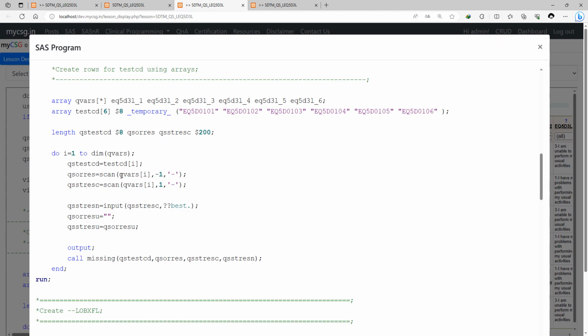Let's now see how this qvars of I gets evaluated when it is processing with the value of 1 in I. So qvars of 1. We have listed 6 variables here and we have named the array qvars. The value in I is 1. So qvars of 1 goes and fetches the variable which is listed first here. What is the variable here? It is EQ5D-3L1. So this entire qvars of 1 is now replaced with the variable name EQ5D-3L1. From EQ5D-3L1 we are extracting the last word when hyphen is the delimiter and assigning it to the value